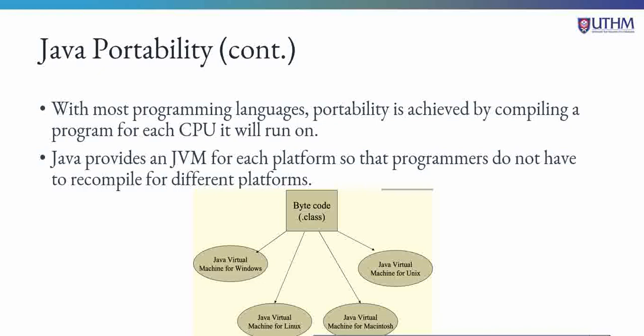So you write a C program and when you compile it in Windows, it will create an .exe file. An .exe file is a runnable program that can only be run in Windows. However, an .exe file cannot be run in Linux or Mac OS